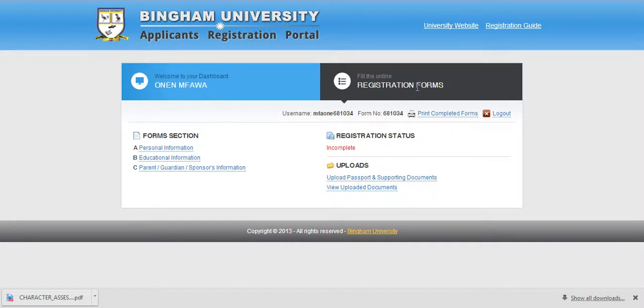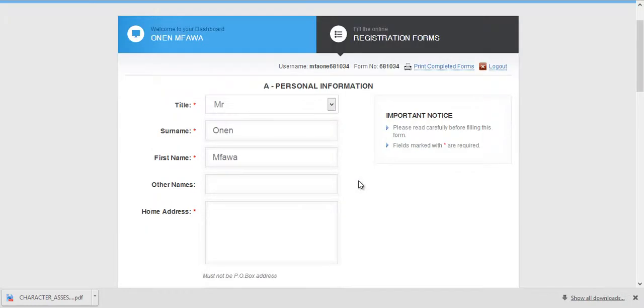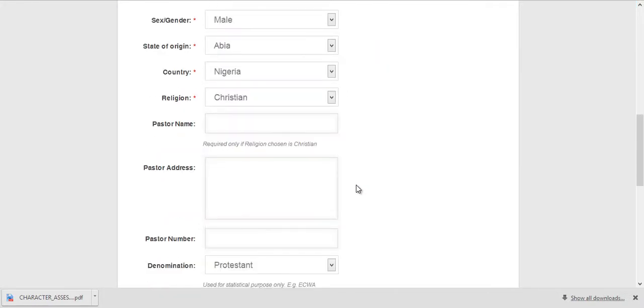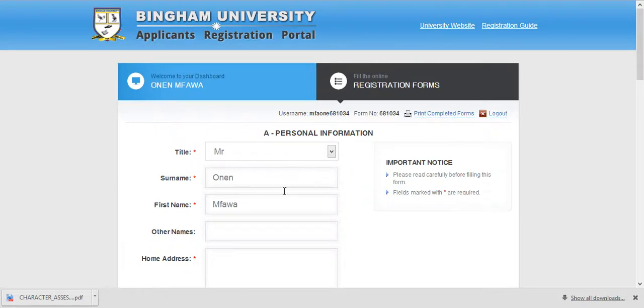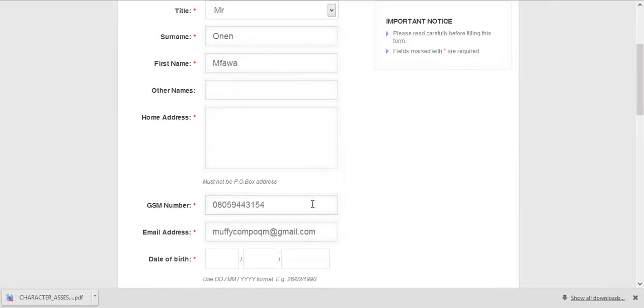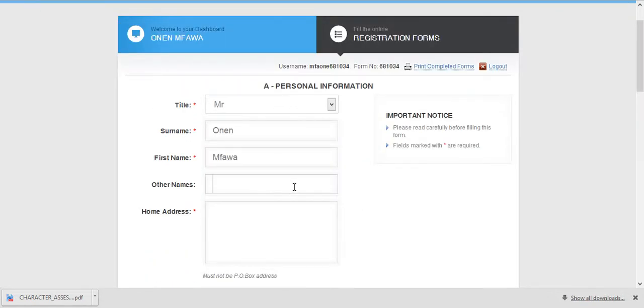While at the registration forms section, the sections are marked as A, B, and C, so you fill as appropriate. Click on personal information. You should have some of the information you provided earlier during the sign up, like your surname, your first name, and your email, GSM number. Make the necessary changes